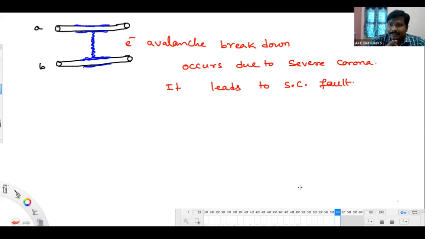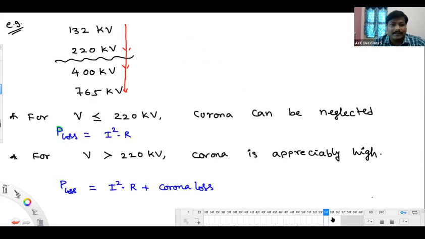Particularly to overcome that communication interference, we should select the conductor, particularly for voltage levels more than 220 kV, on the basis of electric field intensity concept, or you can say on the concept of corona. Avalanche breakdown is a breakdown which happens generally in a normal diode because of high electric field intensity. So for voltage levels more than 220 kV, conductor selection is done on the basis of corona,